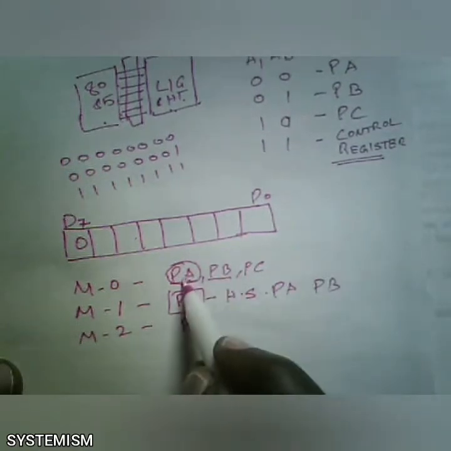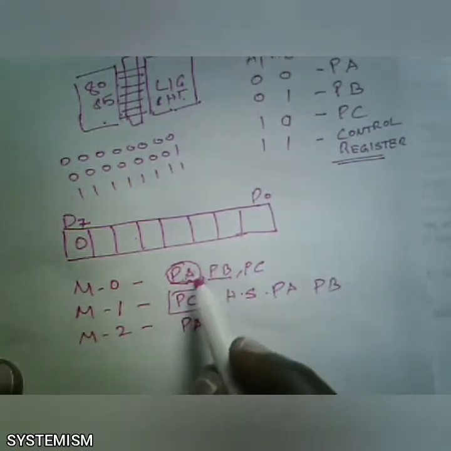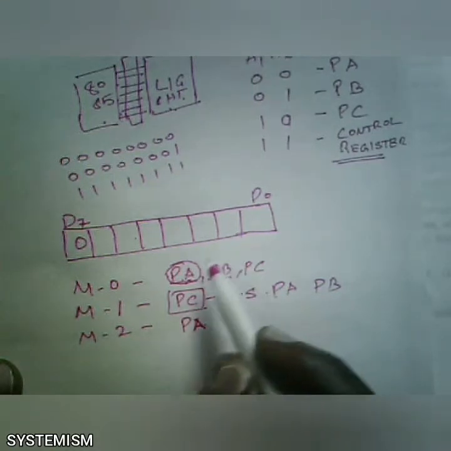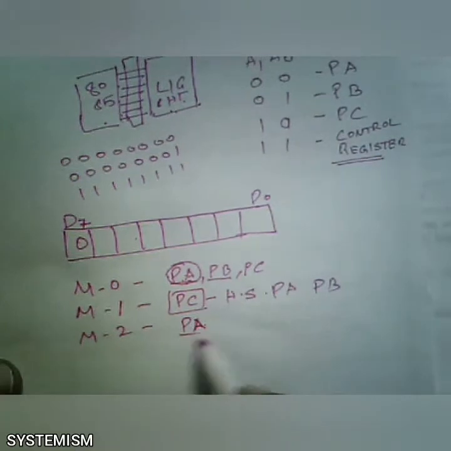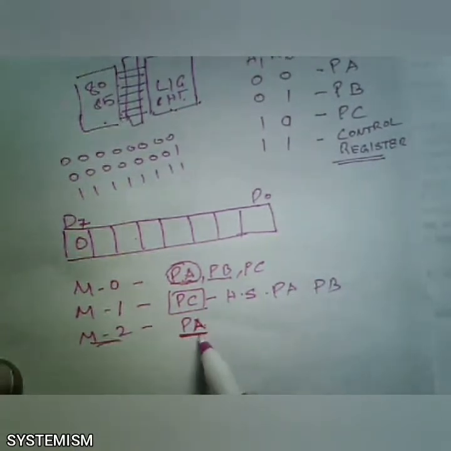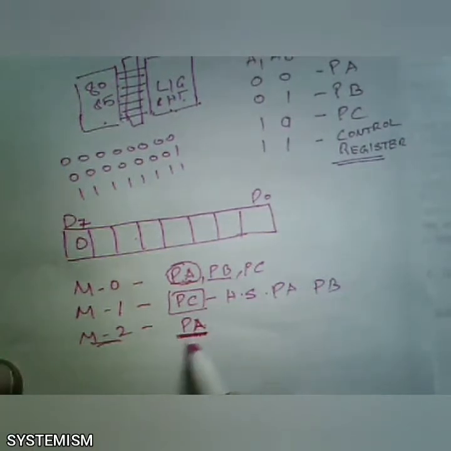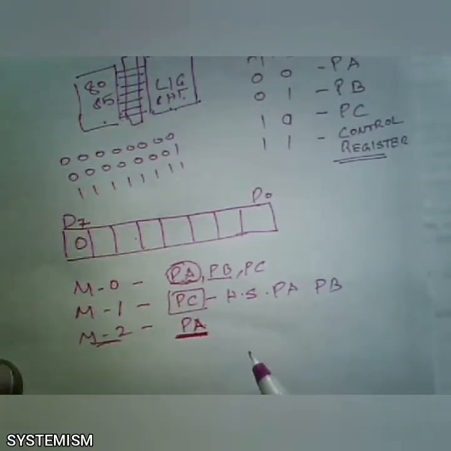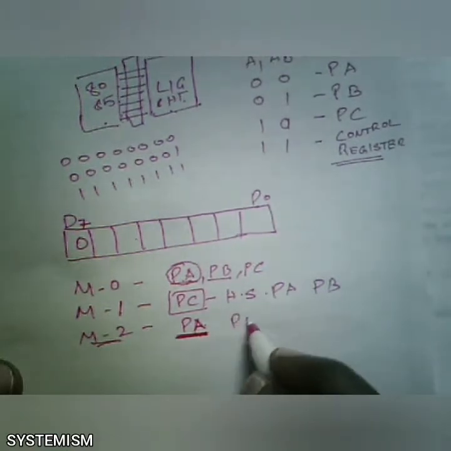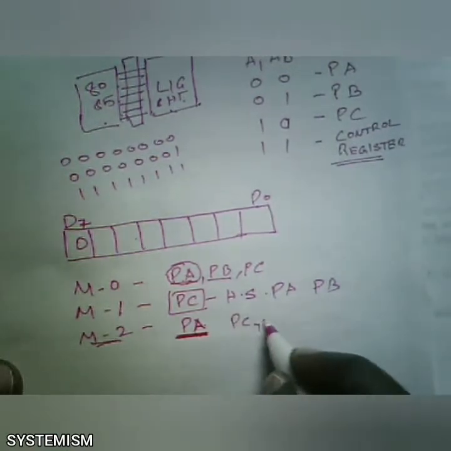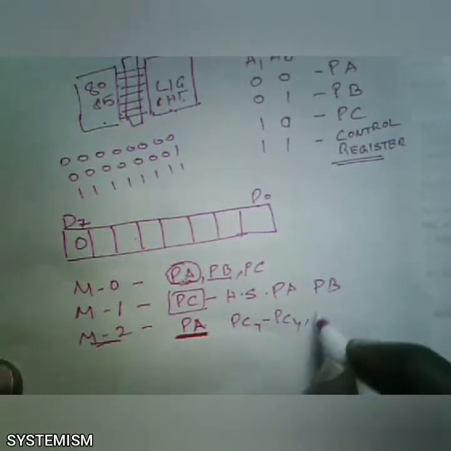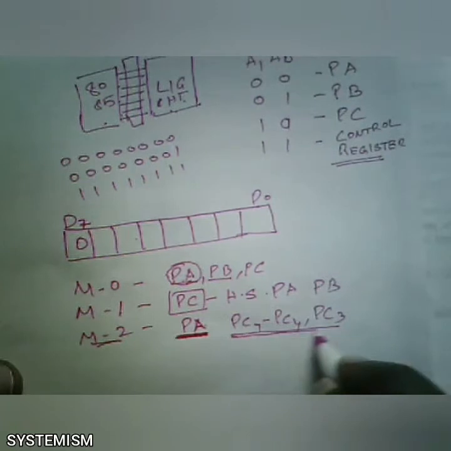If you are assigning this port A as an output port, then you can send this data to the IO device. But in this mode, your port A will act as a bidirectional data transfer port. So you can transmit and receive data from the IO device, and you can transmit and receive data to the microprocessor. Only your port A will be acting as a bidirectional port. So your port C upper, that is PC7 to PC4 and PC3, will be used for handshaking.